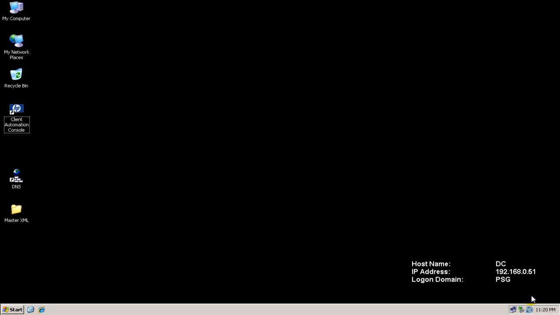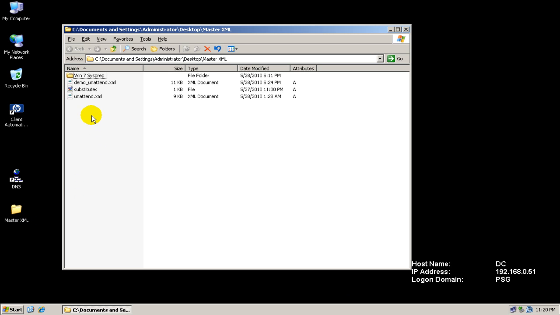Hi everyone, today I'm going to give you a quick overview of creating an Unattend.xml file using the Windows System Image Manager and the core components you need to successfully deploy Microsoft Windows 7 using HP Client Automation as your deployment mechanism. On the desktop I simply have a folder called Master.xml, and I have a demo Unattend.xml